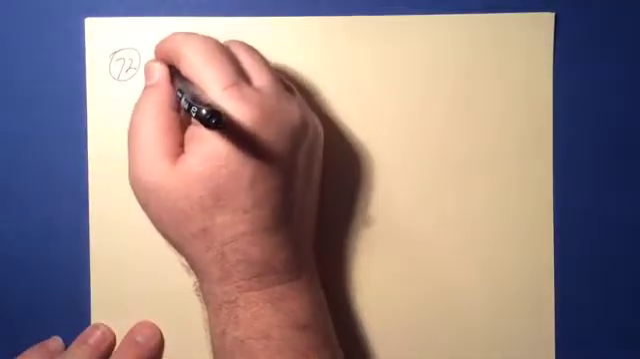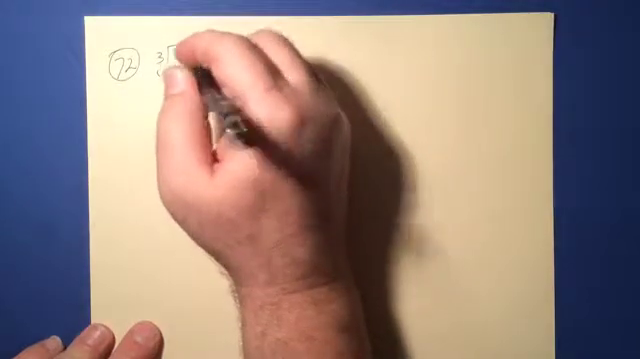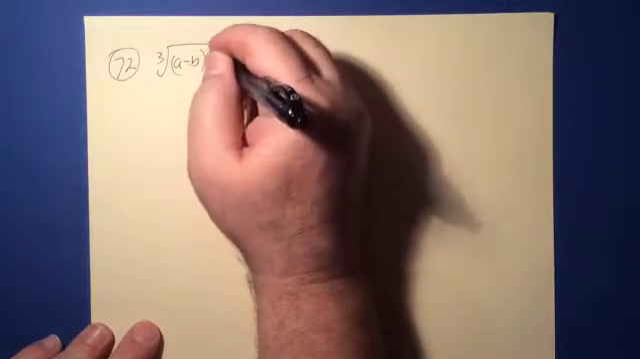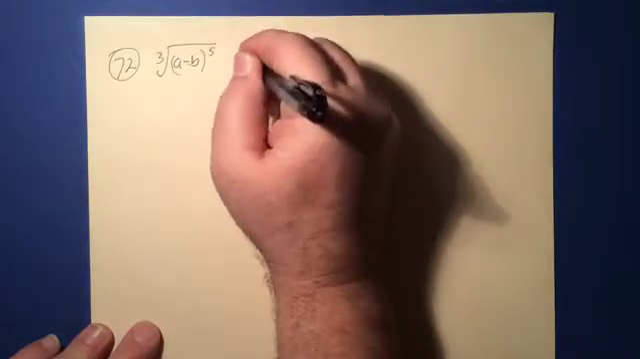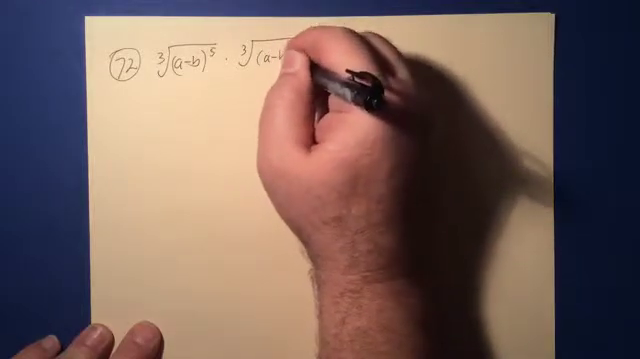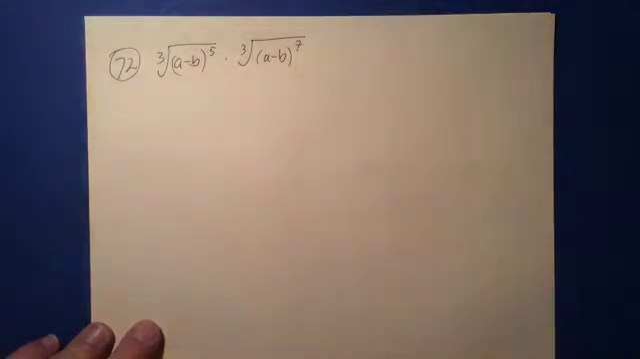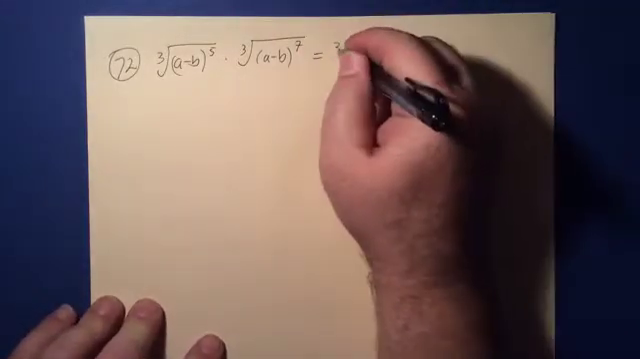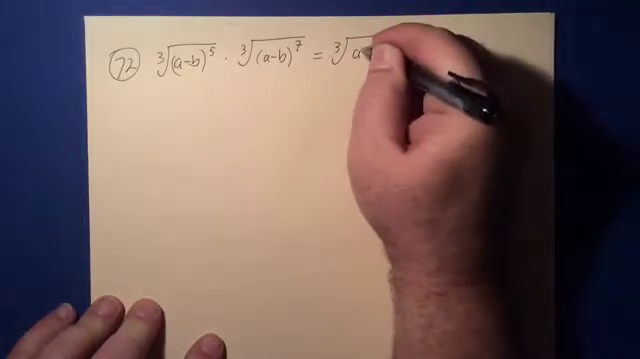A few more questions before we wrap up this lesson for the evening. Taking a look now at 72. We have the third root of the quantity of a minus b, I say quantity because it's a parentheses, to the fifth times the cube root of a minus b to the seventh. Well, here I'm not going to try to multiply this out. Don't do that. I'm just going to make this the cube root of the quantity of a minus b